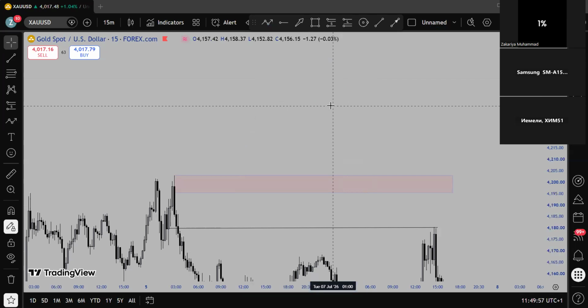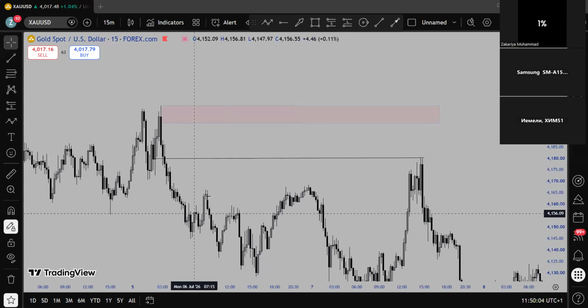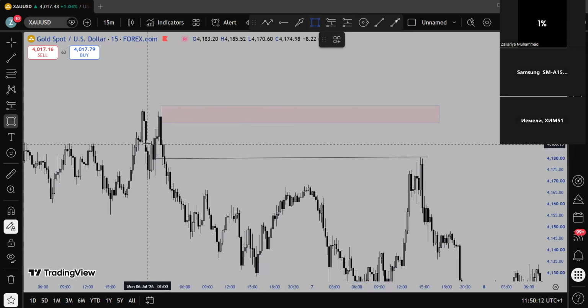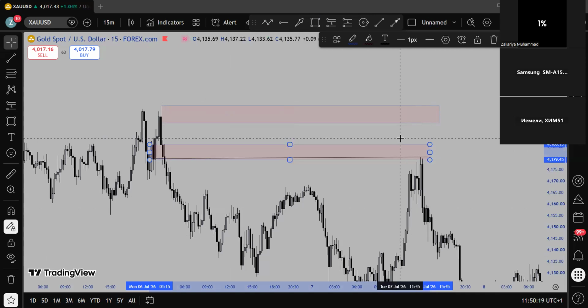You're only going to use the lower time frame to find your higher time frame POIs. This is the only reason why I use the lower time frame. If I said I have to wait for confirmations at this zone when the market tapped into this breakup block, and I wait for another extra confirmation, I might miss this sell.